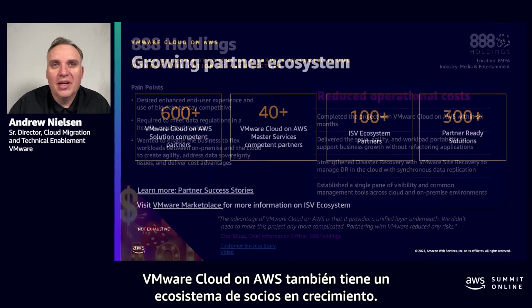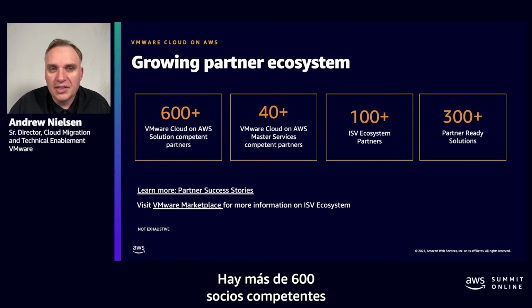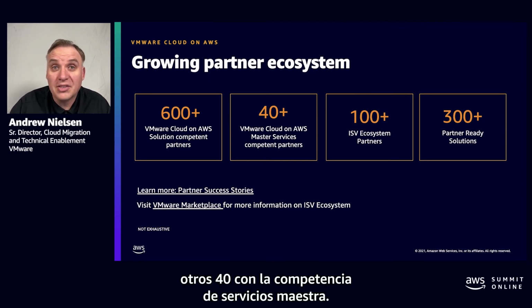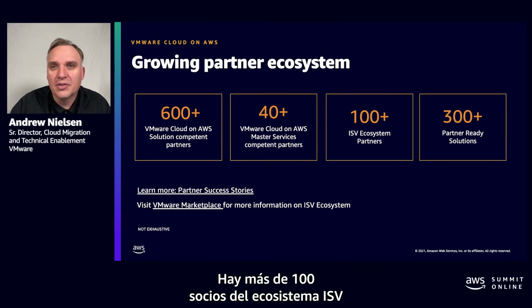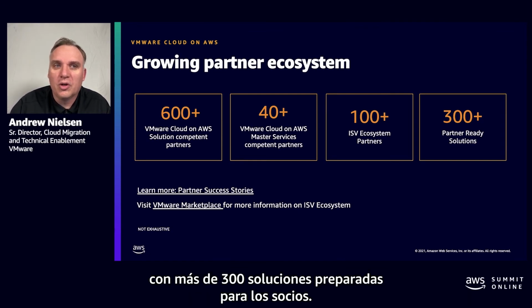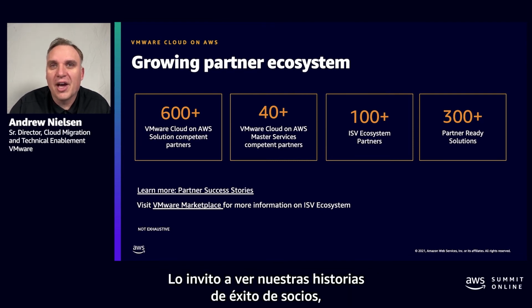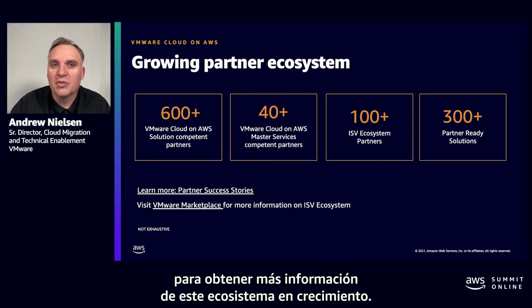VMware Cloud on AWS also has a growing partner ecosystem. So there are over 600 VMware Cloud on AWS solution competent partners, another 40 with the master services competency. There are over 100 ISV ecosystem partners with over 300 partner-ready solutions. I invite you to check out our partner success stories, as well as visit the VMware Marketplace for more information